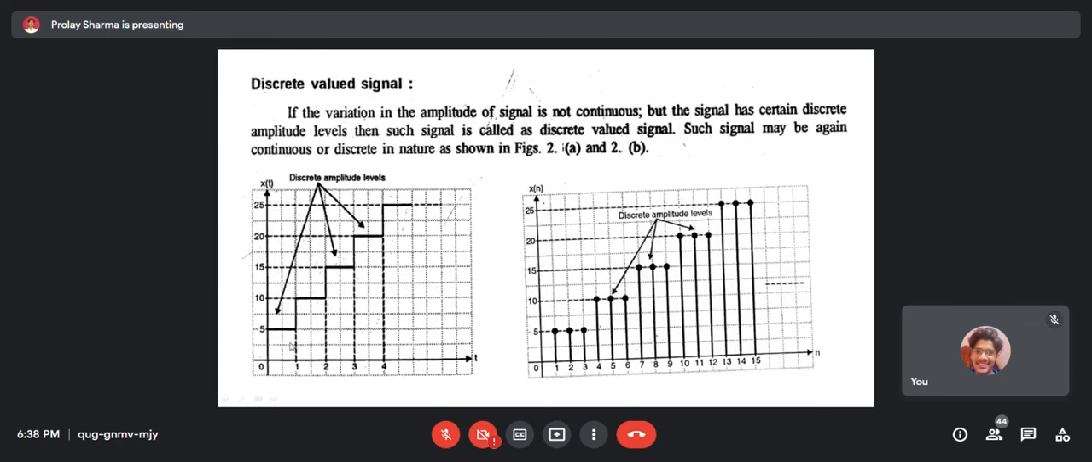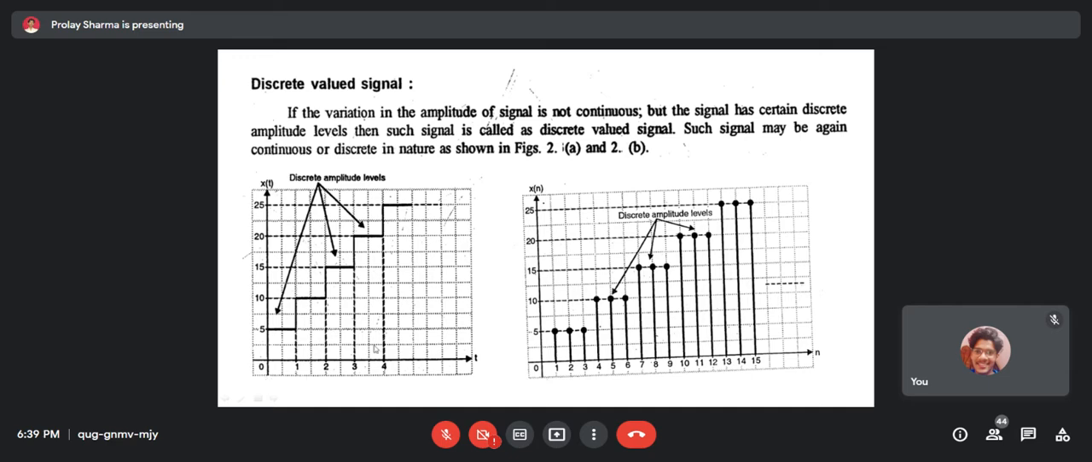Now, suppose this signal is a staircase-like signal. Here we see that from 0 to 1, the amplitude is 5. In the next instant, from 1 to 2, the amplitude is 10. This way, from 2 to 3 seconds, the amplitude is 15. So if we observe, with the variation of time from 0 to 4 seconds,